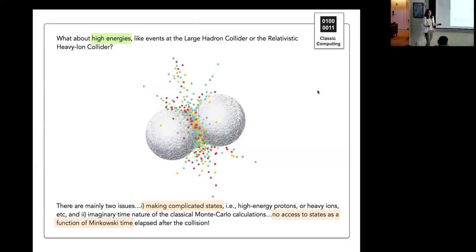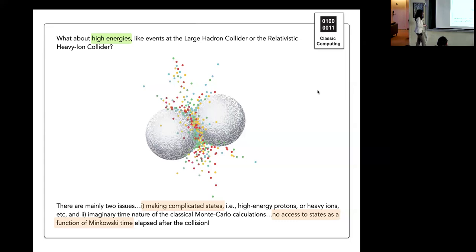Well, there is a trick. You have to develop a very complicated formalism to relate Euclidean and Minkowski amplitudes to be able to do that. Unfortunately, we don't have that formalism for general processes, particularly if you create many, many particles in the final state. This would probably be outside the scope of what classical computers can do. Unfortunately, a lot of particle colliders out there are running at very high energies, like the LHC, or something that we call RHIC, the Relativistic Heavy Ion Collider in Long Island, New York, in the US, and so many other colliders.